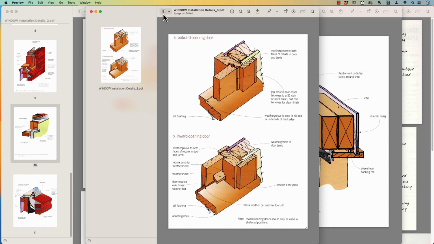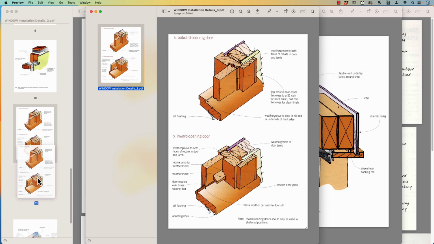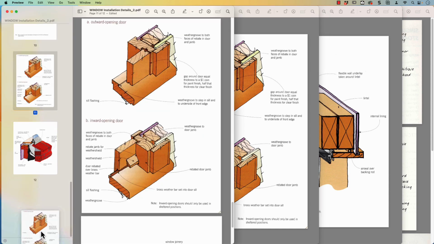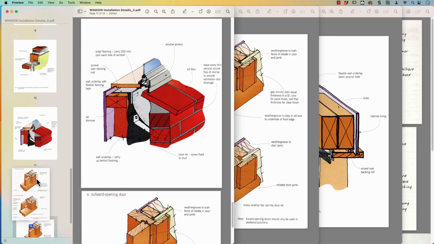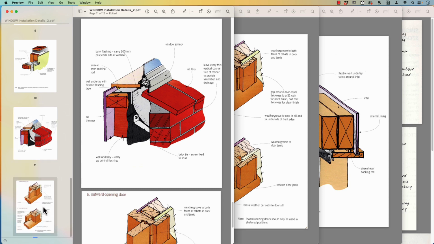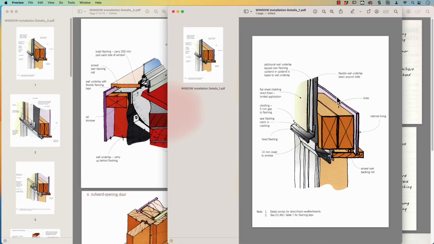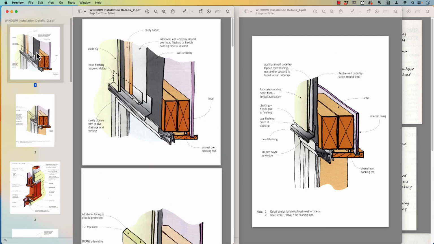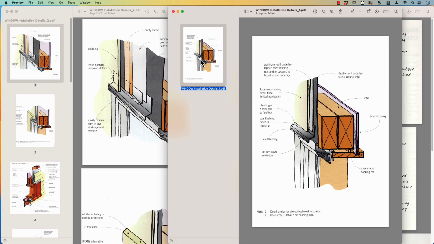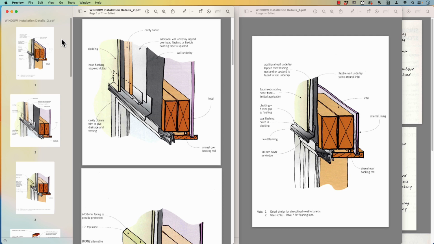So as long as I've got my thumbnails open, I can drag that document into the right place. I just need it to go down below. There it is there, and drop it. Now, if you noticed, you can actually see that page 11 move up and down, so I get that in the right place. I know I need this drawing here at the front. Now, it looks like I've already got one, so I'll just delete it. So there's my drawing. I need to put this drawing here, or this PDF file needs to go in front of that one. So I can drag the thumbnail, drop it in there, save the file, and it will update